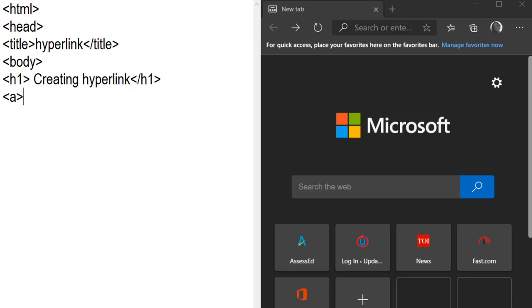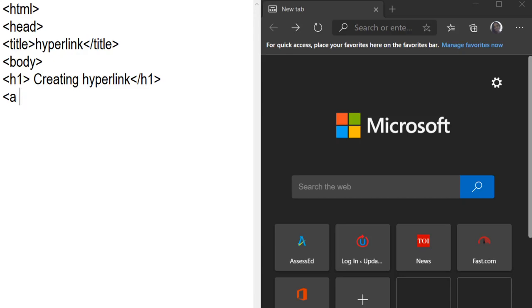So when you create a hyperlink, you need any two documents, two web pages, or a different section of the same page also. So here we create the link between two web pages. Already we have created the 10th class.html file. So today we create the 10th alpha web page.